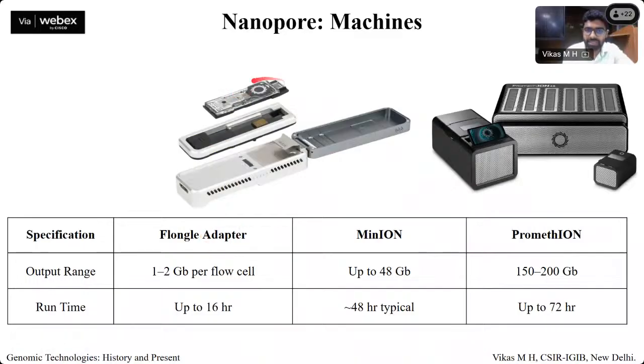So the Flongle adapter, which comes like this, a smaller one, it can sequence about GBs of data. It is used in very remote locations where one cannot transport the samples back in time. So what you do is you just take a good enough laptop with this particular device, and you can start sequencing on site then and there. And even MinION, this particular adapter is for the Flongle, but the MinION flow cell goes right into this device, and it can generate up to 48 GB of data